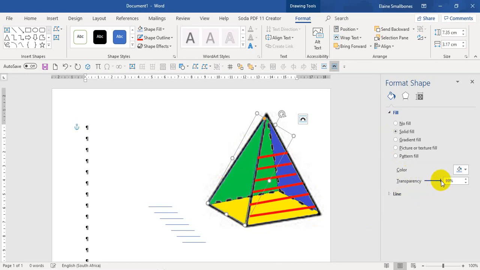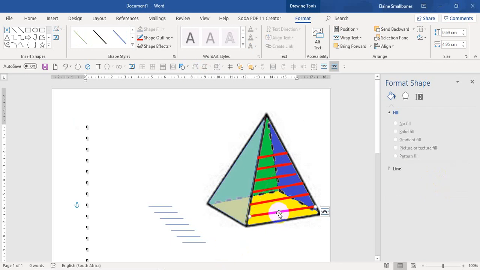You can decide if you go right to the end, it's not there. So you can make it as opaque or as transparent as you like. So we could do that with the front here. Instead of putting these red lines, we could have covered that with another dark color like that. All right, I'm going to